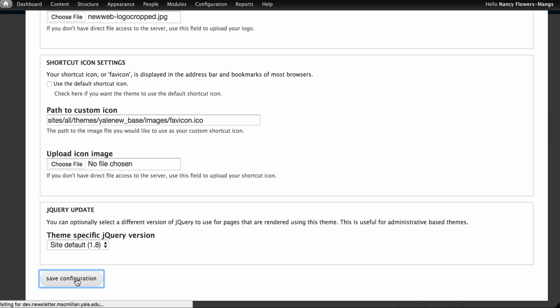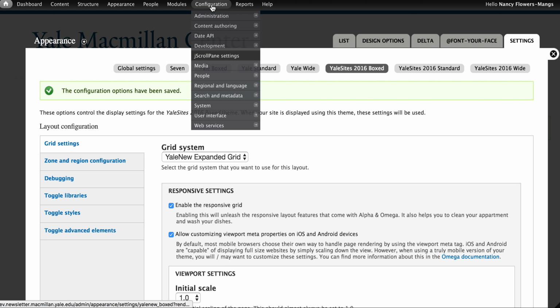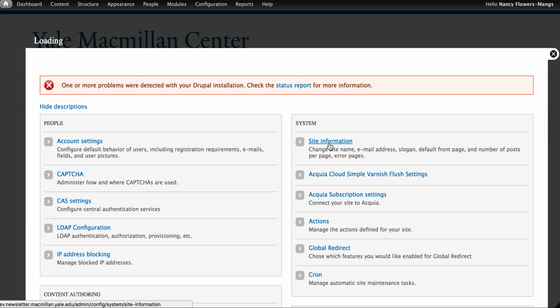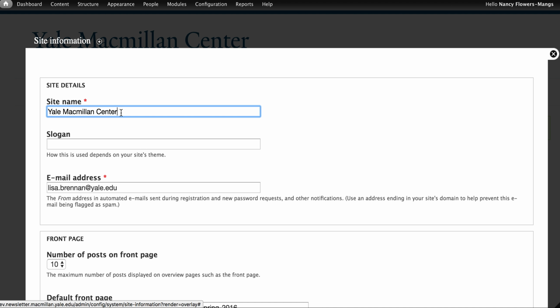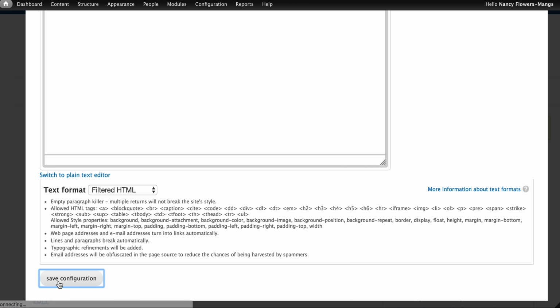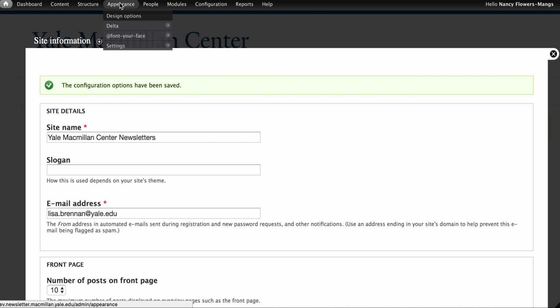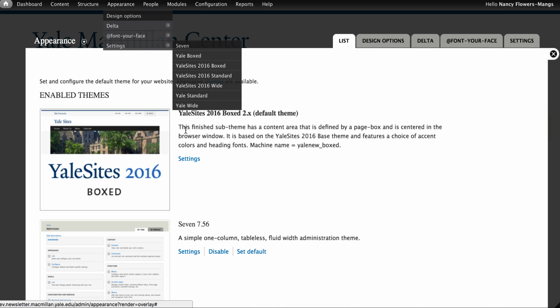Now the trick is you have to make sure that in your configuration, you also have to do that on the Delta, but you also have to make sure that your configuration and the site information says the Macmillan Center, and this is for the newsletters. So this is the text that will show up as the alt text, and by configuring the appearance settings, again,